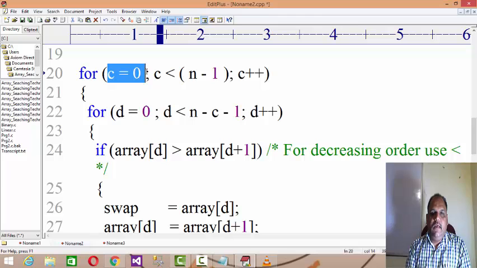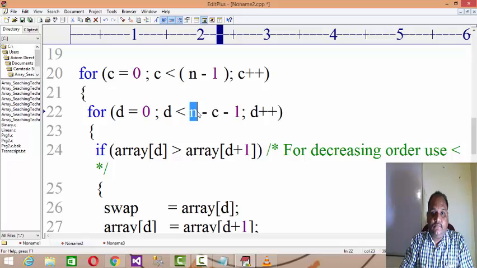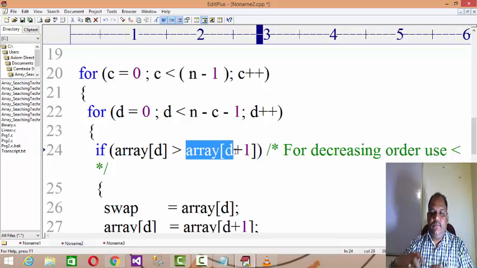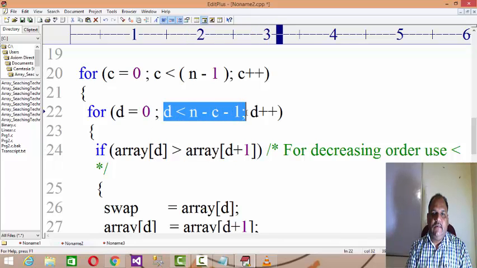C is 0 as the inner loop starts at 0. D less than, as I said, you have to start from the bottom and see the positions. If array of D is greater than array of D plus 1, you compare D with D plus 1, right? So 0 with 1, 0 with 2, 0 with 3, 0 with 4, and then compare to the last.